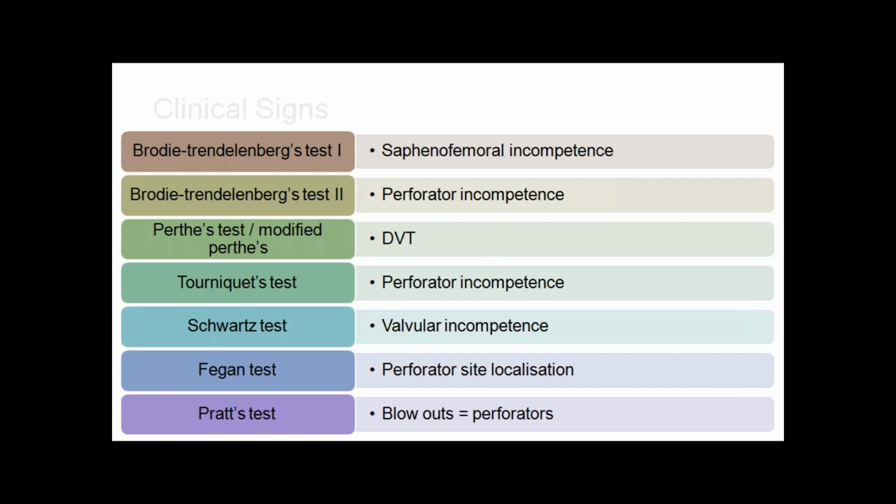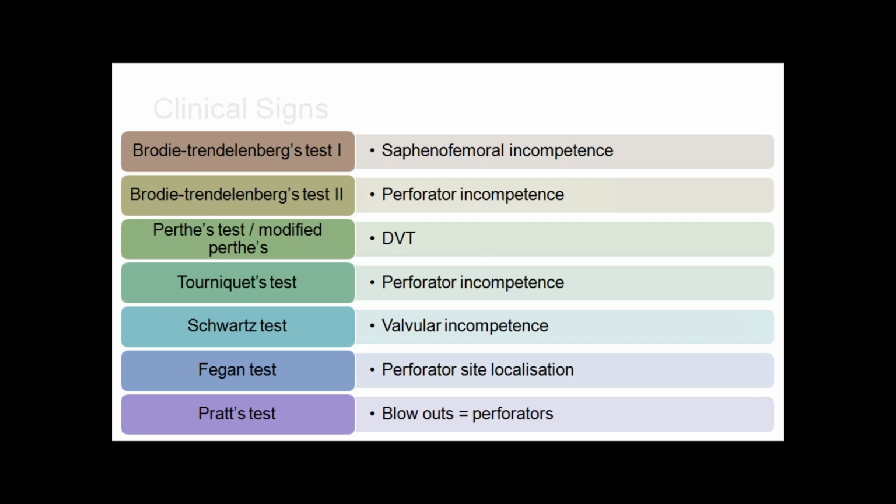So only the tourniquet at the saphenofemoral junction, and you should keep in mind that you should not empty the veins before doing the Perthes or modified Perthes to rule out DVT. Suppose the patient is having DVT, then if you do the milking, there will be a dislodgement of the thrombus. So that is the Perthes and modified Perthes, but nowadays we are doing only the modified Perthes.